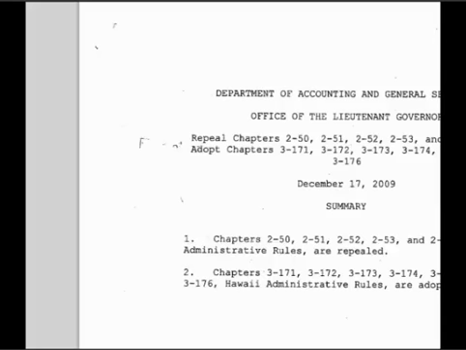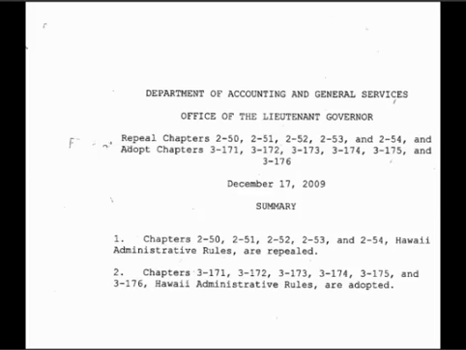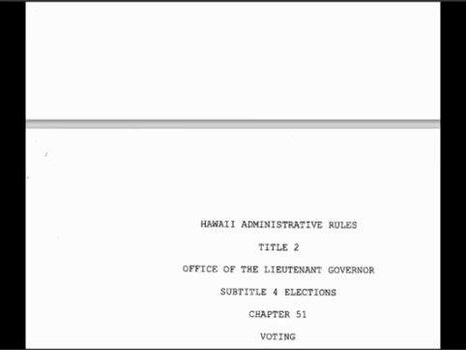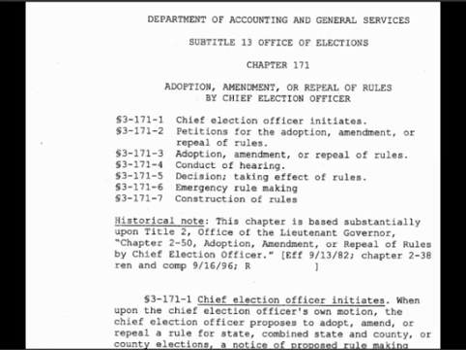Sorry, there's a little loading icon here. Unfortunately, what you're going to run into for the administrative rules is that while it has a slick web interface to begin with, once you drill down, it's just PDFs that are just posted online. And you have to just scroll down looking for the one that you want. Here we're finding a lot of stuff that's repealed. Wow, where is this stuff? Here we go.